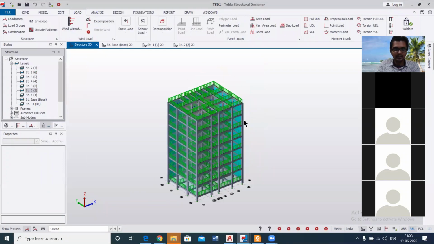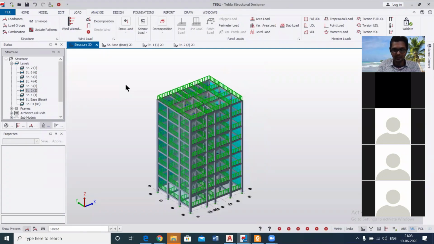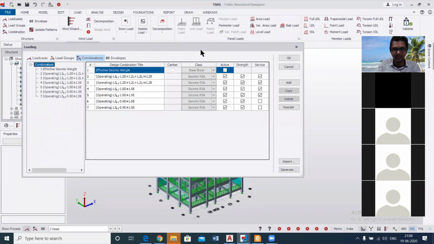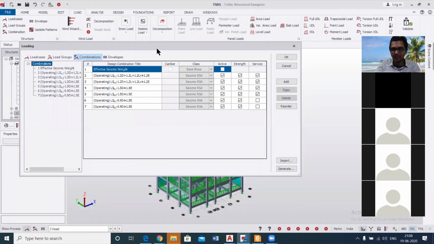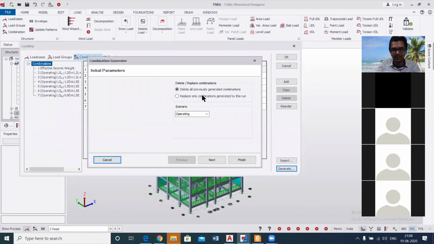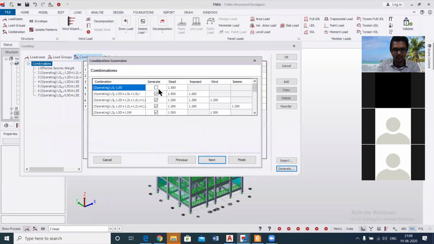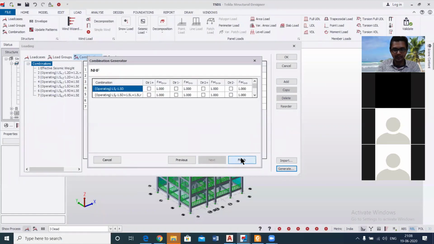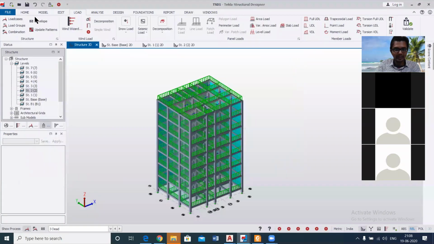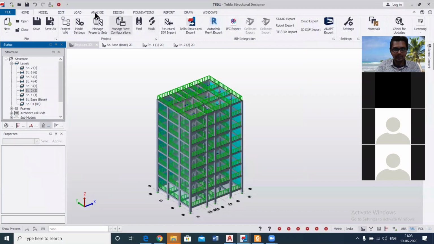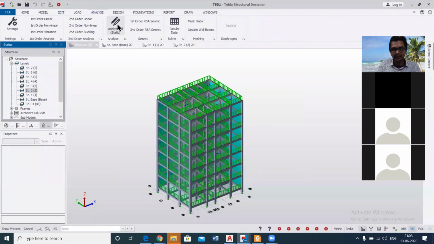So just finish it, and then one thing we are left with is the load combinations. Because at any time in a structure, one load doesn't act. Different combinations of loads act. So we need to generate the combinations, and we'll simply generate some load combinations here. This is the same process. We'll just deselect all the working stress combinations. We'll go with the limit state ones. So I've unticked all of them, and then the load combinations have been generated. And after that, I'll just validate my model, and then let me analyze all.